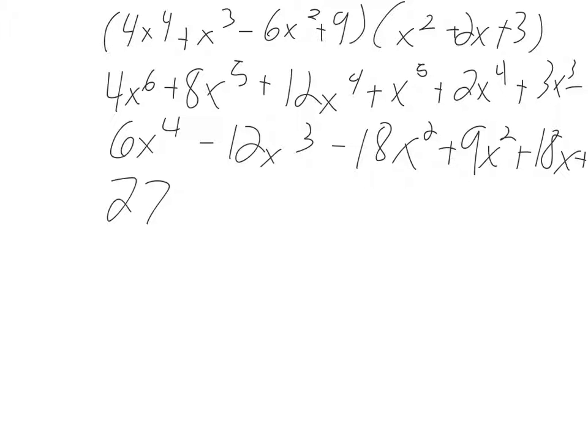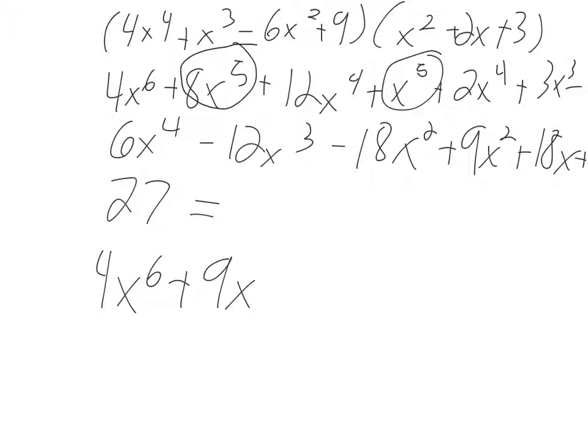And now you might think we're done, but we're not, because we have to go back and make sure that everything is put into the simplest form. So here we go. 4x to the 6th, because that's going to just stay because it's got no other terms. But we're going to take all the other terms that have like terms and add or subtract them. So 8x to the 5th and x to the 5th is going to be 9x to the 5th,